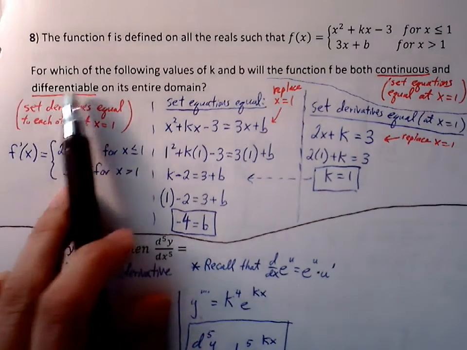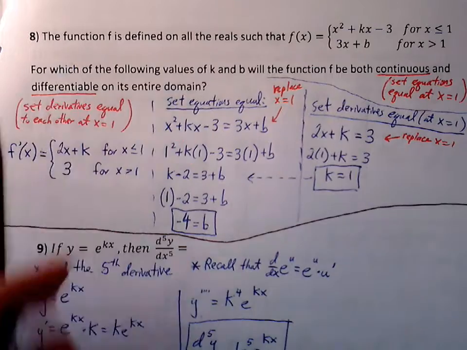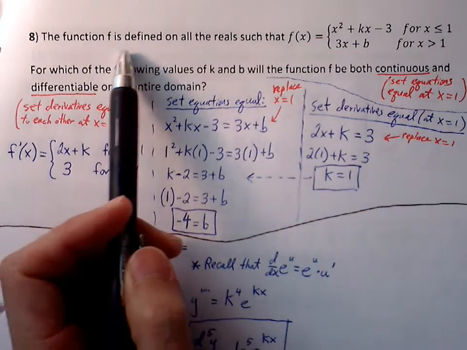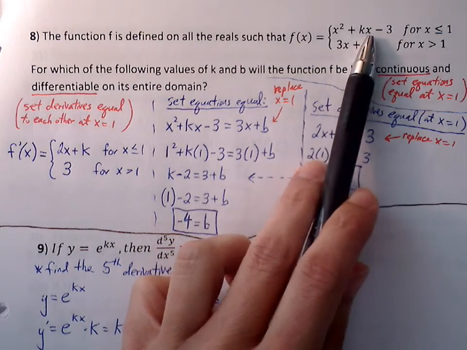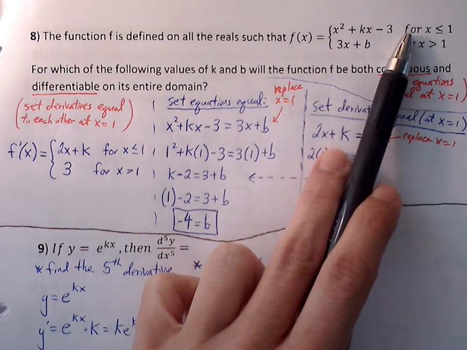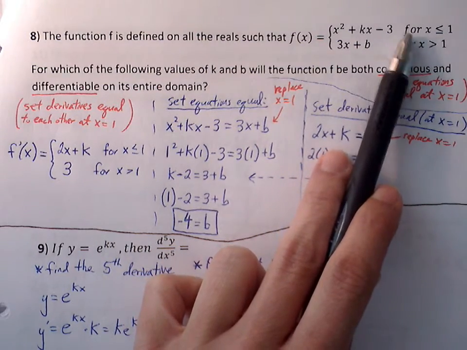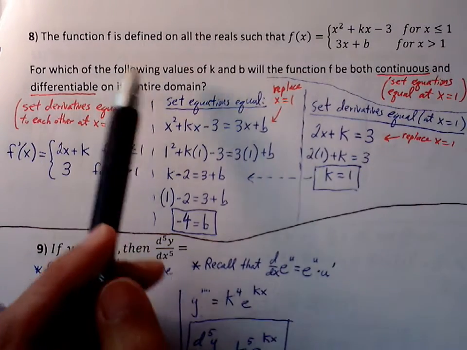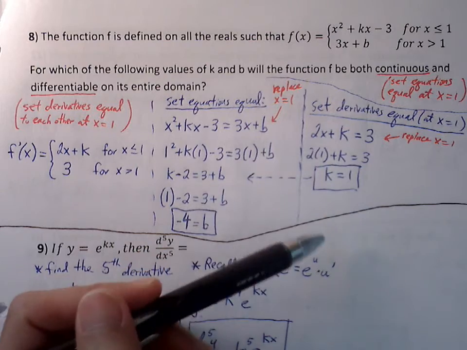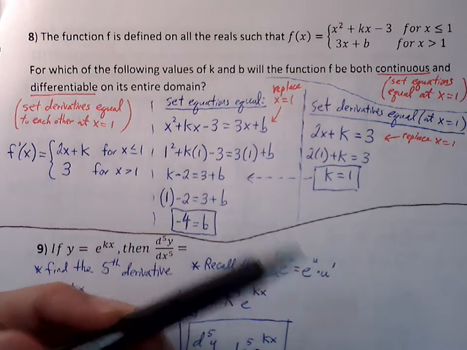This is number 8 from the AP Live worksheet. We have a piecewise function here. Function f is defined on all real numbers such that f of x is x squared plus kx minus 3 for values less than or equal to 1, and 3x plus b for values to the right of 1. For which of the following values of k and b will the function f be both continuous and differentiable on